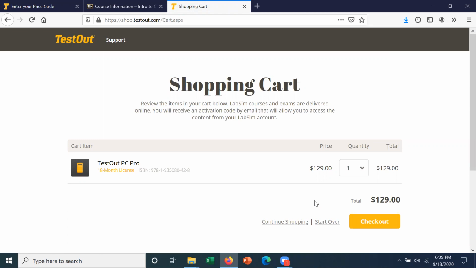14-232TA is the code. So let's go back to our price code, hit continue, and it's gone up $4. So here's an 18-month license, and it's $129. So we still don't see anything for a code. There's two ways to buy it. Remember, either you use your charge card to pay the $129 here, or you go to the bookstore. Now, in the bookstore, you do a search on TestOut PC Pro, and it'll come back with a price of $172,